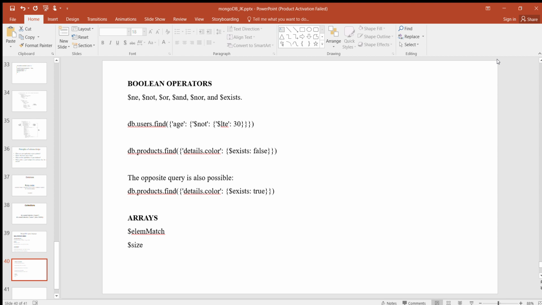Next, query for a document with a specific key. The final operator we'll discuss is $exists. This operator is necessary because collections don't enforce a fixed schema, so you occasionally need a way to query for documents containing a particular key. db.product.find details.color $exists false, or the opposite of this query is db.product.find details.color $exists true.